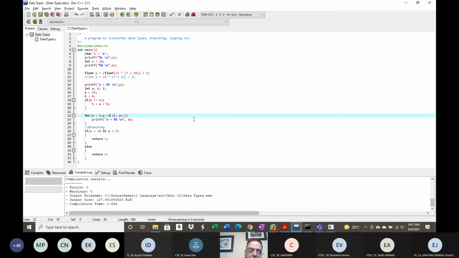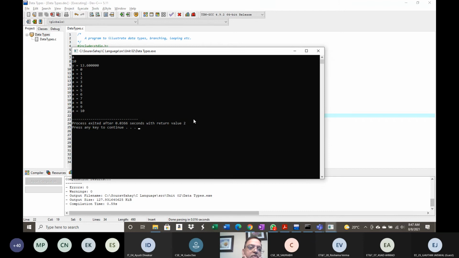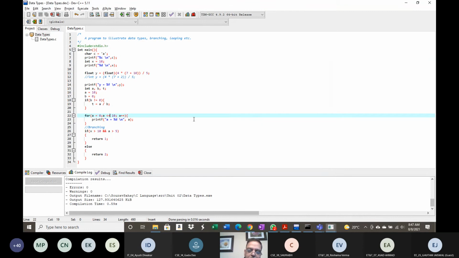Obviously, we'll see a difference if I write less than or equal to, and then if I compile and run, you will notice that it goes up to 10. So that is one thing. You can do a lot of things with these loops. All right, so that is one thing about this for loop.